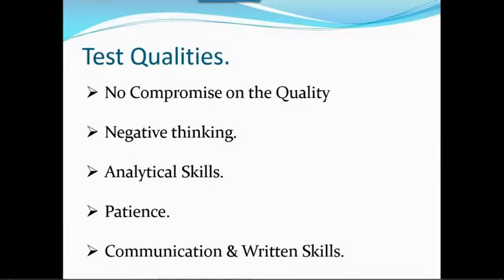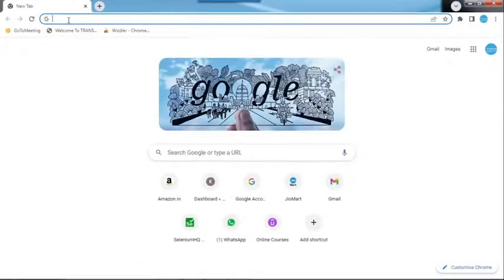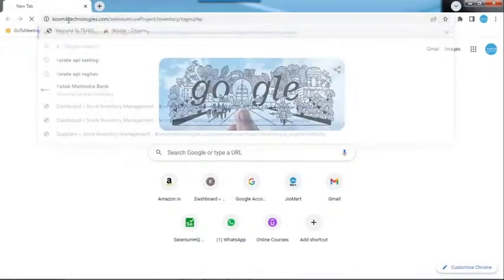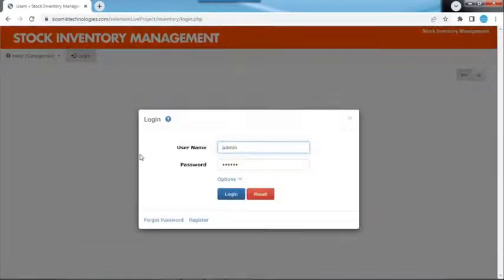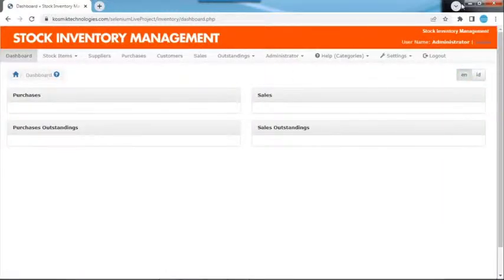So generally, while we are doing the testing, we need to do both things, like positive testing and negative testing. Okay. So, what is the meaning of positive testing? See, now this is a login screen, right? In this login screen, I need to give values like valid username, valid password. Then only I can log in to the application, right? This is what we need to test in real time also.